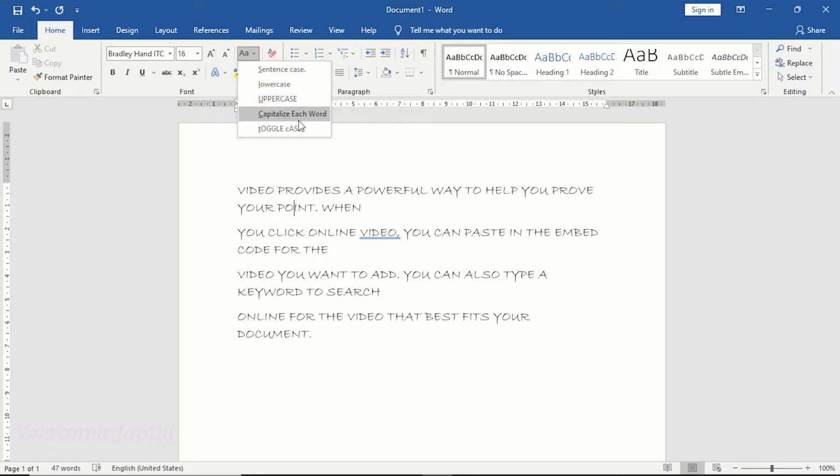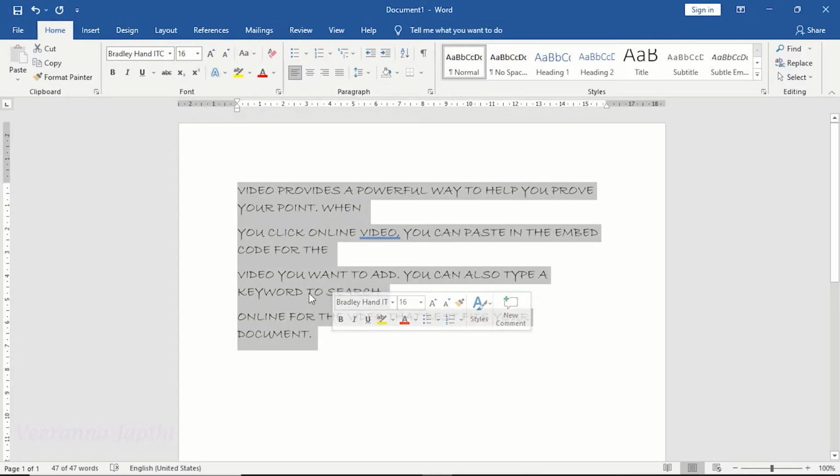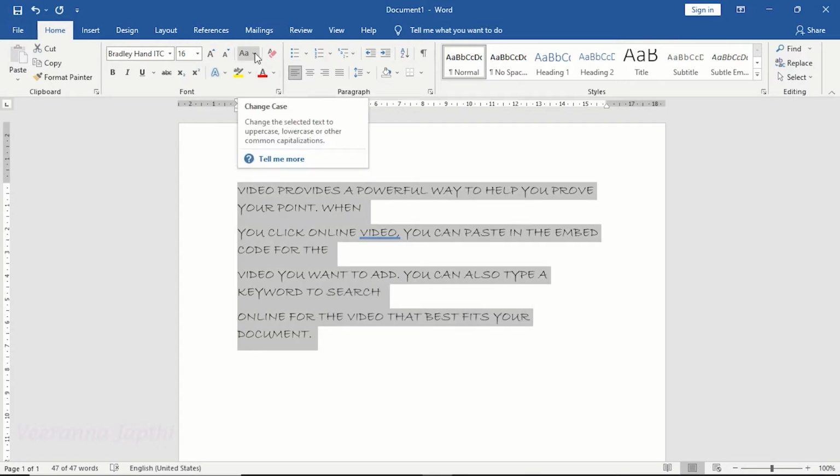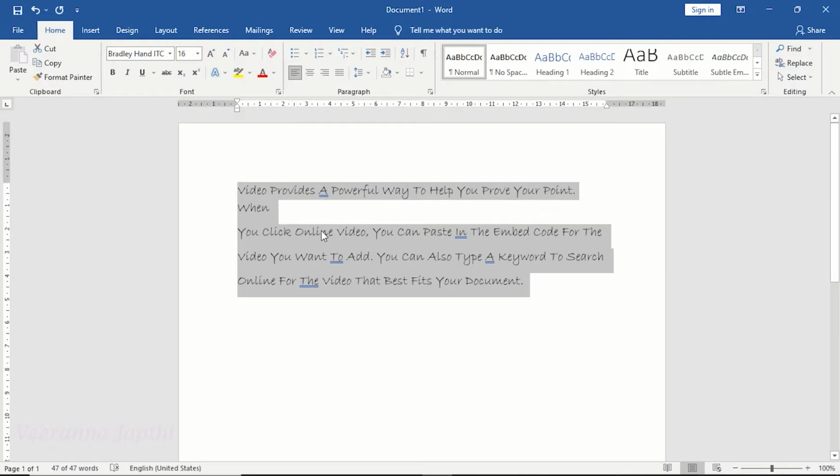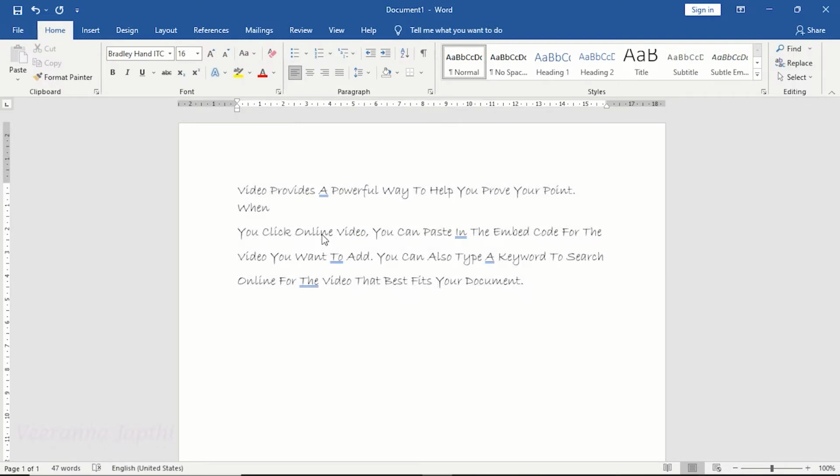capitalize each word. This option capitalize starting letter of each word in the selected text. Let us see example. Select the text. Click on change case tab. Choose the option capitalize each word. See here, capitalize each word option has been applied. The starting letter of each word in the sentence has been converted into capital letter. And next option,